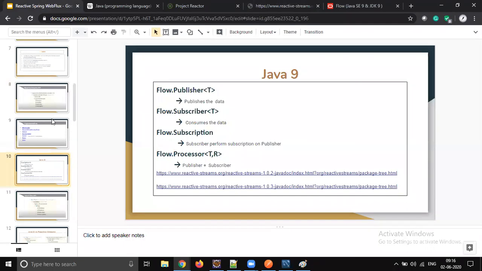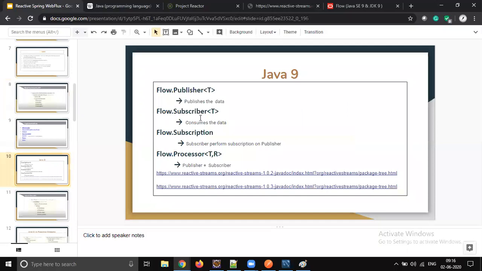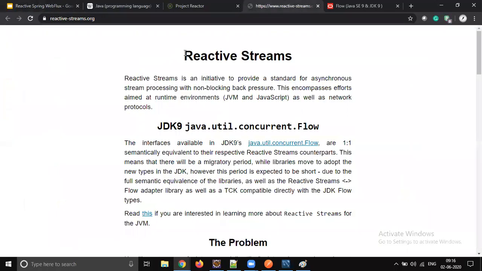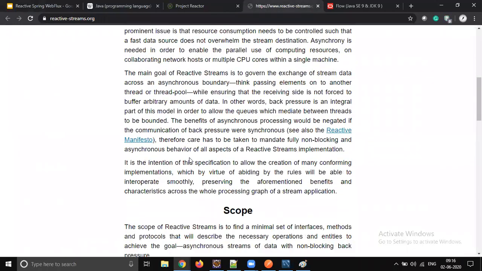You can ask me, today we are using JDK 1.8, and tomorrow if we upgrade to JDK 1.9, do I need to make code changes? You don't need to, because the third party library has adapted the Java 1.9 Flow API.